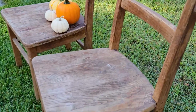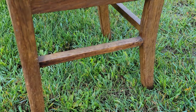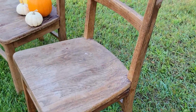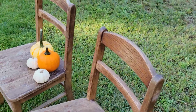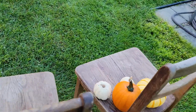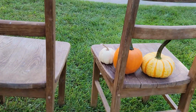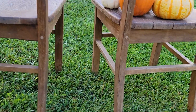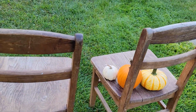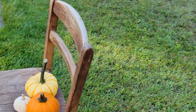I found these chairs out in the trash, so I went and grabbed them because they were really sturdy, solid wood, oak, I believe. Even though they were quite dirty, they didn't have any smell to them at all. So I think that they probably were sitting outside in the elements, and that was what kept them kind of clean smelling. So I'm going to go ahead and wash these up with a nice dose of some TSP,